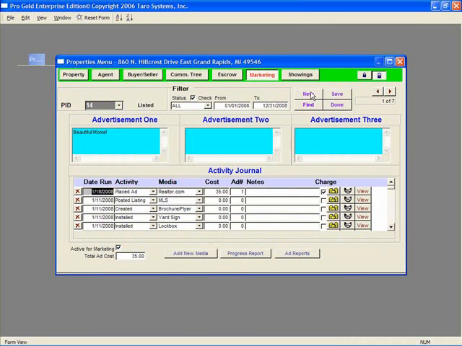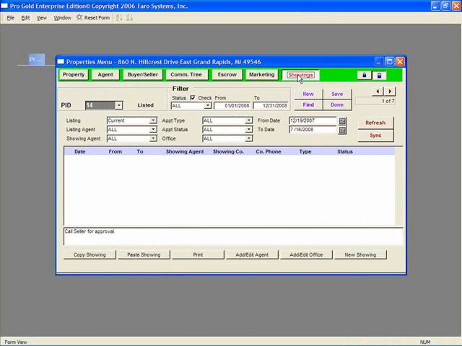The last button across the top of the property is Showings, which is covered in the next topic. Click the Done button below the Showings tab to close the property and return